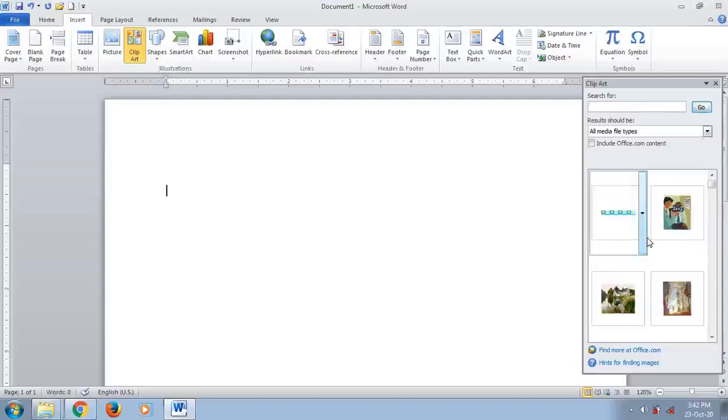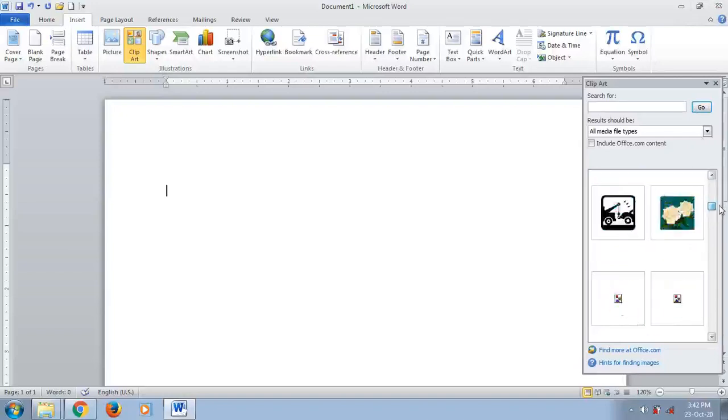Then in the search result, you will see all the clip art files that are available. In this way you can search the clip art.